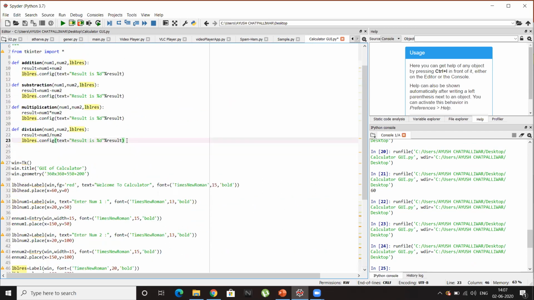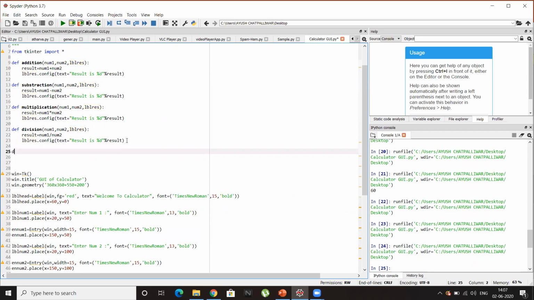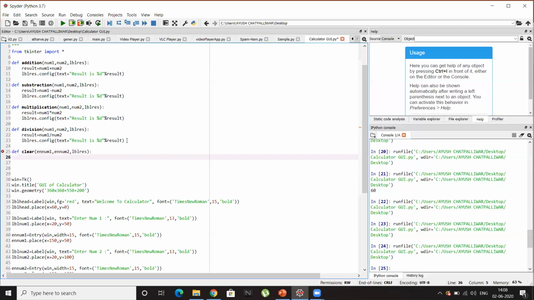So I'll have to define the clear function here. So def clear, and here en num1 for the entry box of the first number, en num2 for the entry box of the second number, and similarly LBL RES, the result label, so that we can clear it. Now we are inside the clear function.